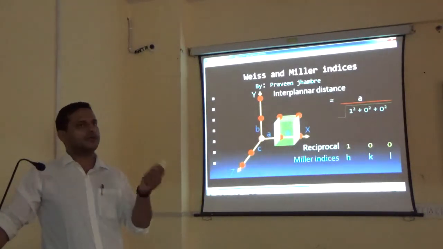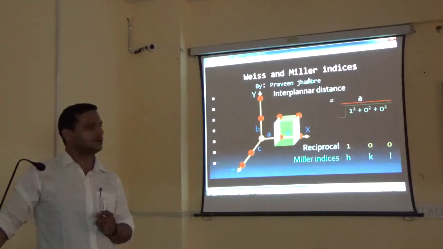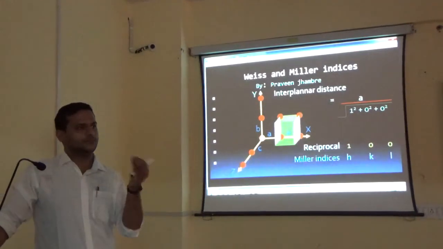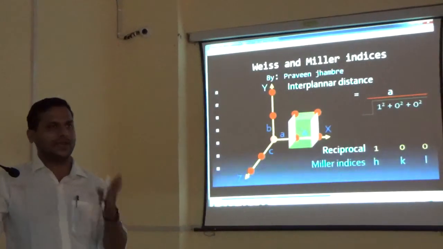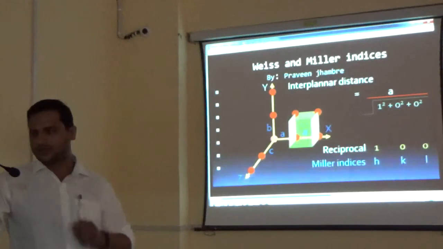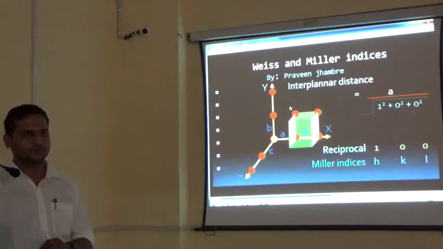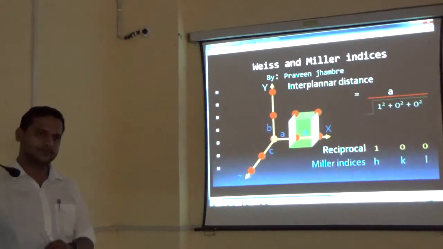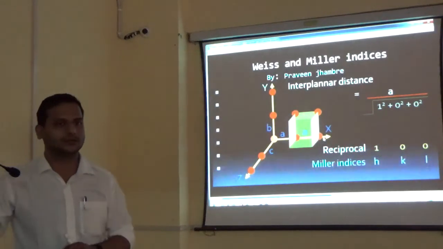So, how to calculate those indices or coordinates? Miller gives his 3 to 4 step methodology, so that we can follow that methodology and calculate the value of indices or coordinates of an atom. Suppose we are finding these atoms, and the location of a combination of atoms becomes an atomic plane. What is this little brown structure? It is a two-dimensional thing. It is an atomic plane.